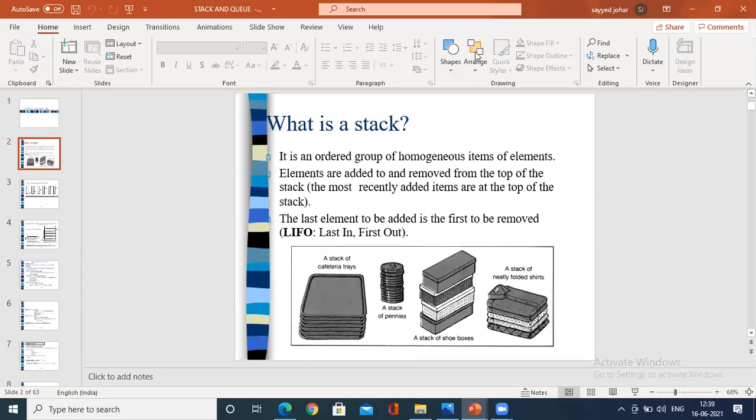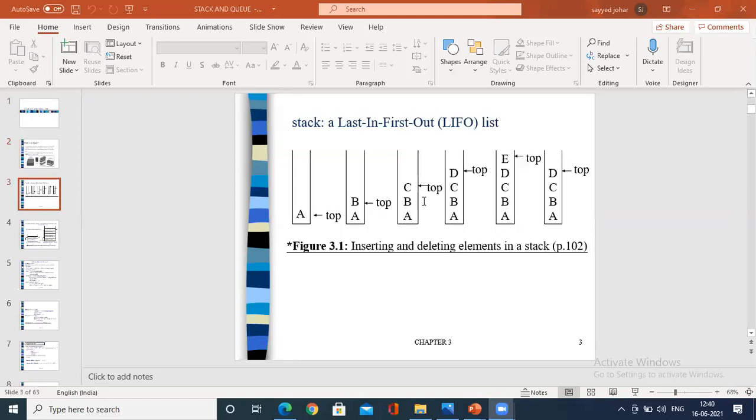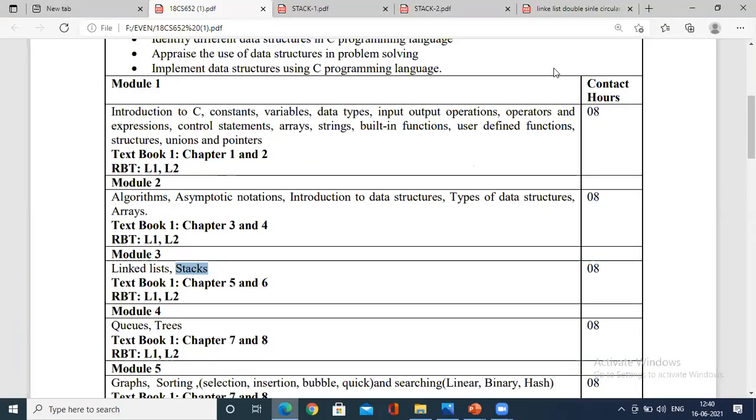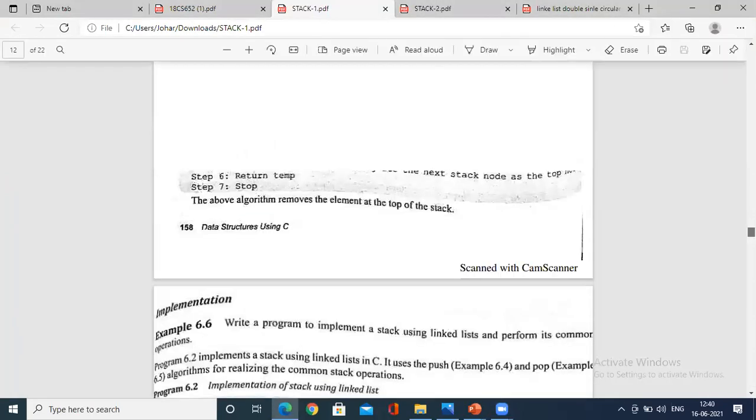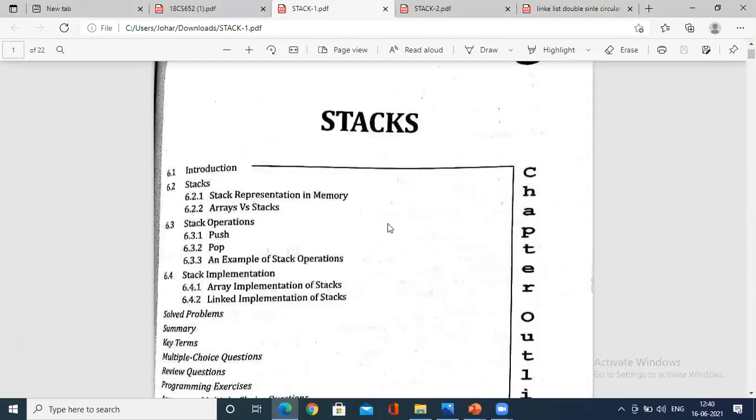Once again, I just wanted to convey that the concept of stack with respect to your syllabus is very simple. We don't have much complex program involved in the syllabus, right? So let me once again review that. I request all of you to concentrate on the concepts today. You have only these concepts: a stack using an array, and a stack using a linked list. You have only these concepts in your syllabus.